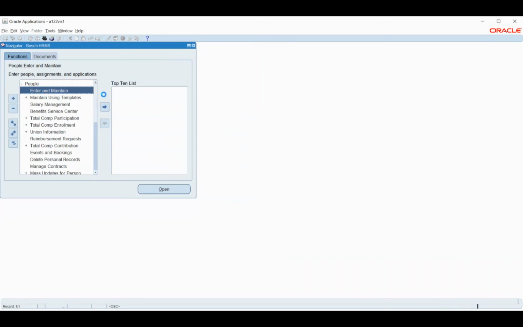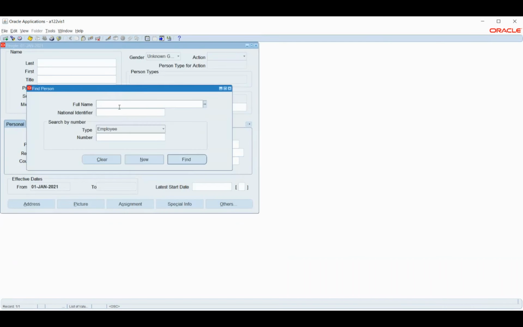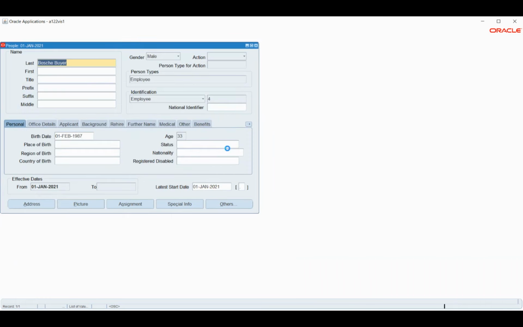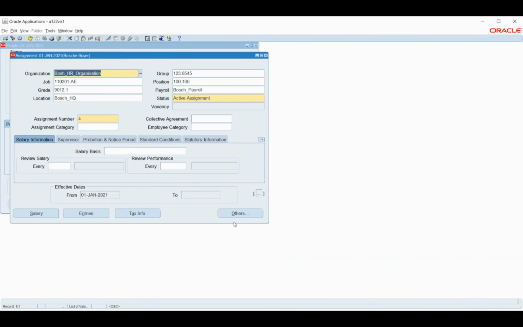Yeah. So we were seeing this part, wherein we saw that we have an option to attach the absence and the other information.